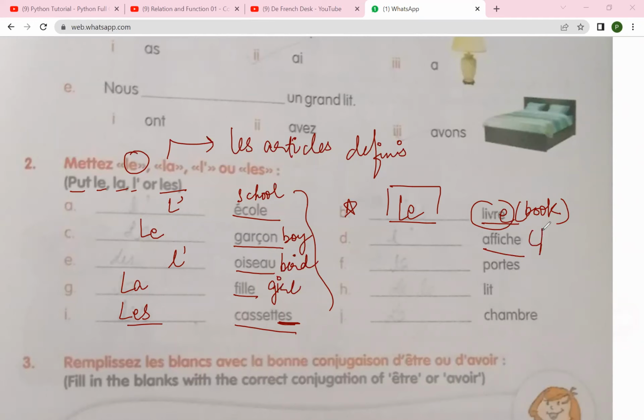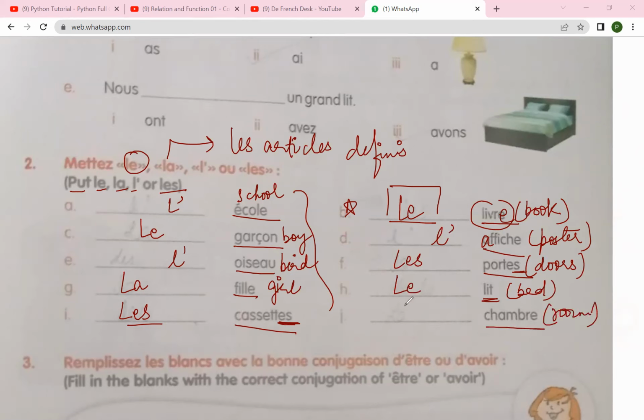Affiche means a poster or a card. So it begins with A, that is vowel. So l apostrophe. Portes here means doors, and you can see it ends with es, so this has to be plural. So les portes. Lit means bed. From the first lesson of chapter 5, you can remember that it is a masculine singular noun. So le lit, and chambre is a room. So la chambre, it is always feminine. So this is how you do question number 2. Okay,